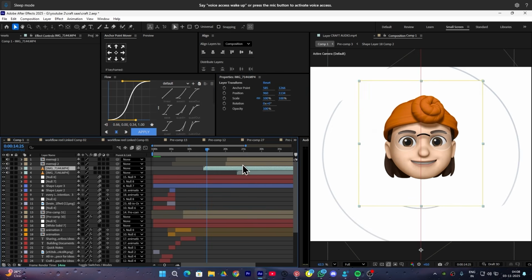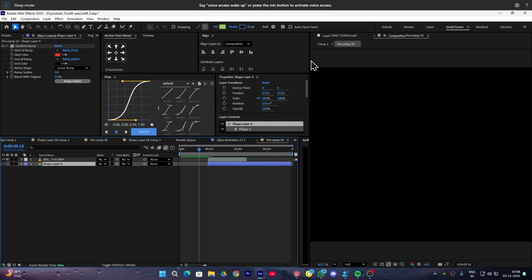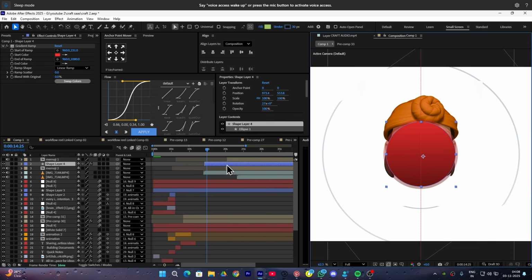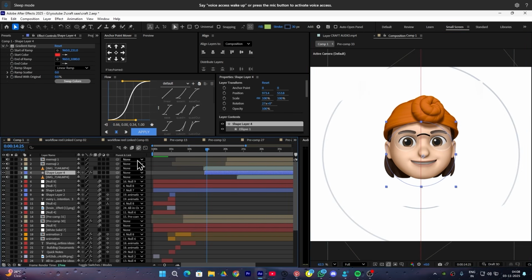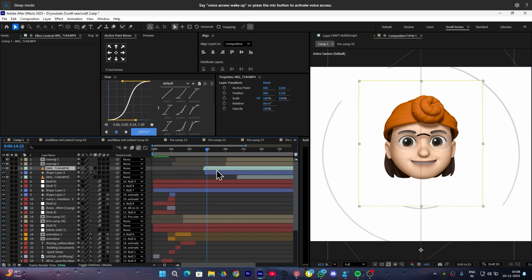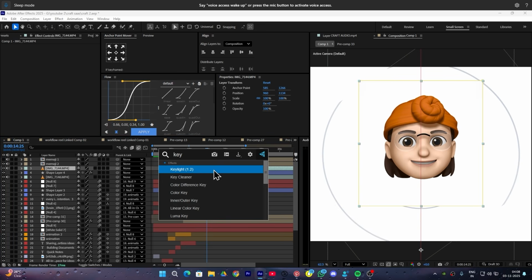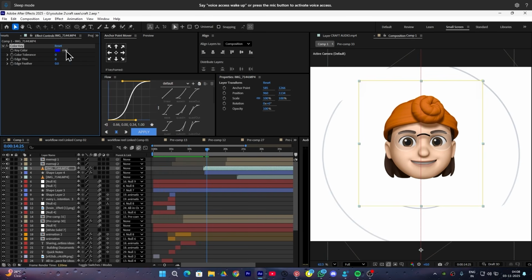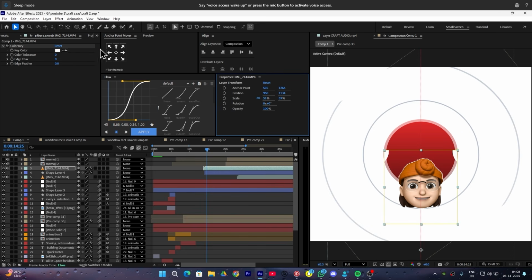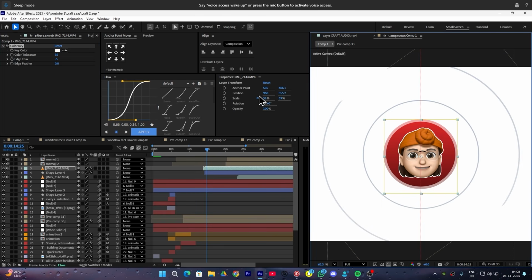So firstly let me copy the shape layer to the previous Memoji, and let me paste this to the main comp like this, and I'm gonna move this behind the Memoji like this, and simply select the Memoji layer and simply add another color key option. Same like before, add white color, and simply let me adjust this one firstly, then simply increase its color tolerance and decrease edge thin. It will look like this,